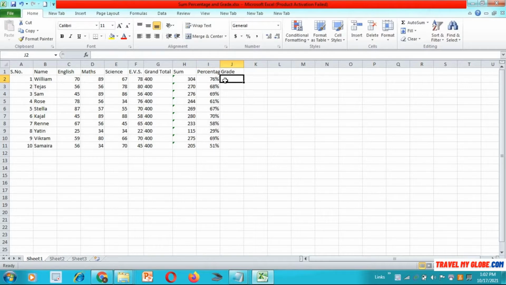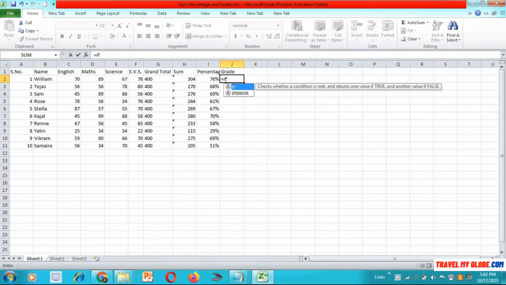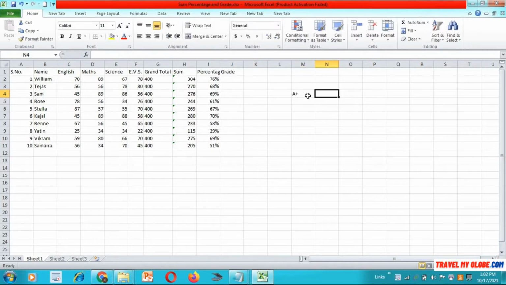You just simply need to type the if condition. This is very simple. It just needs some practice. You simply need to put an equal to sign and type if. That means if situation. But before that, you should be very clear what grade you want to give the students. For example, you want to give A plus grade if the student has got marks greater than or equal to 80.